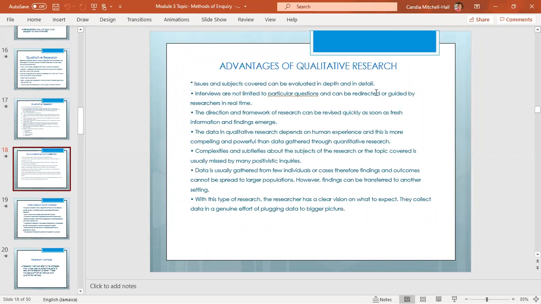So if you are studying economy and you go into the field and you're doing some research on poverty, persons would say, yes, we live on less than $1 a day. We live on less than 100 Jamaican dollars. Right now they would say about 23% of the country lives on less than $1